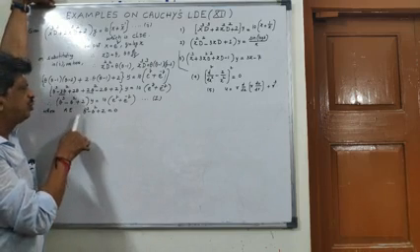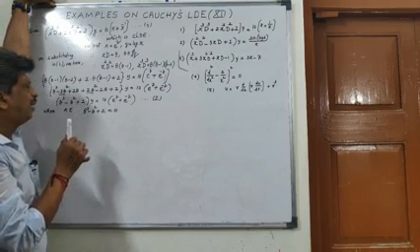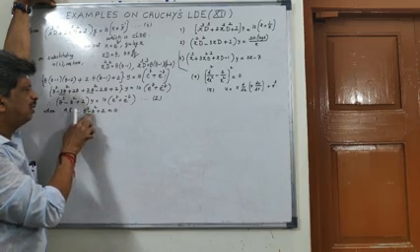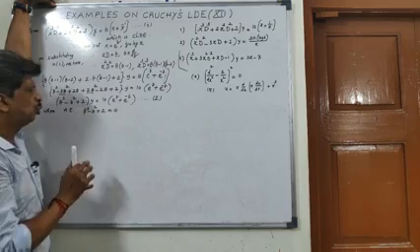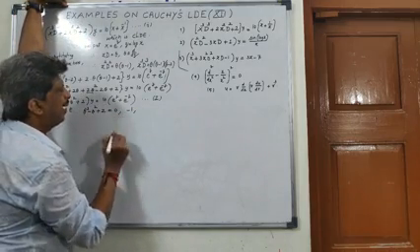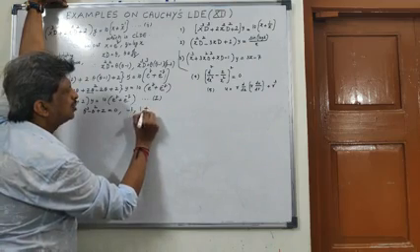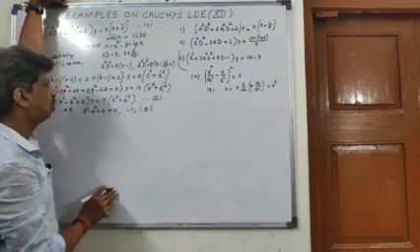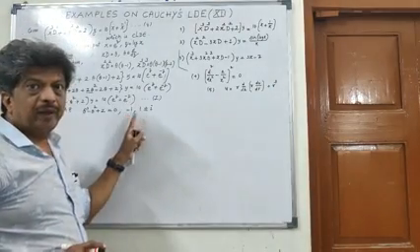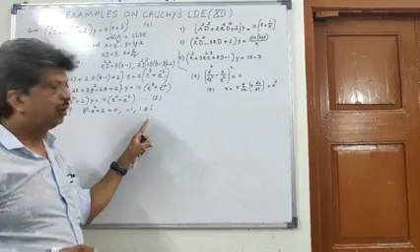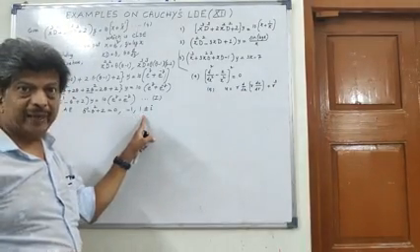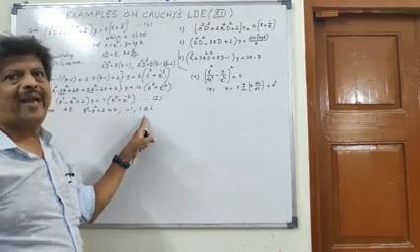One of the roots is theta equal to minus 1: minus 1 cube is minus 1, minus 1 square is 1, so minus 1 minus 1 minus 2 plus 2 is 0. So the three roots are minus 1, 1 plus i and 1 minus i. One root is real, whereas the remaining two roots are complex and conjugate.